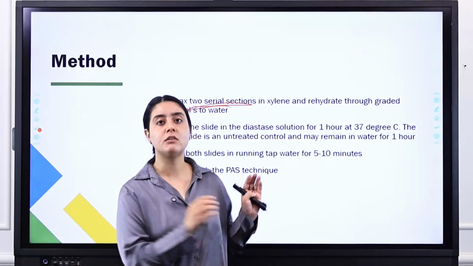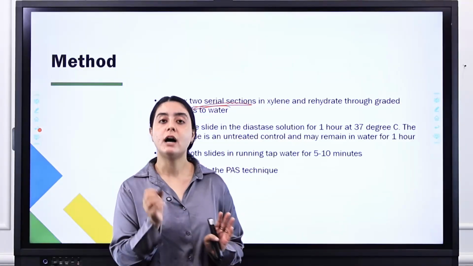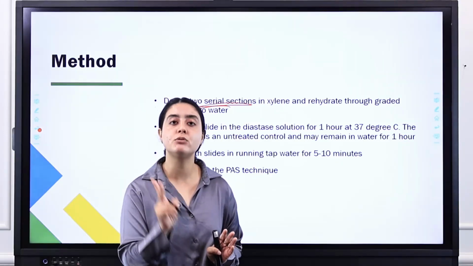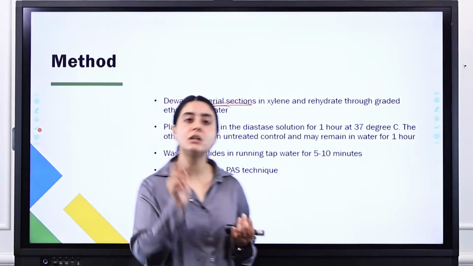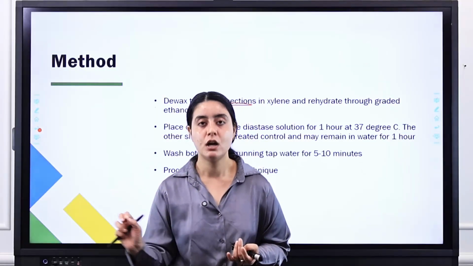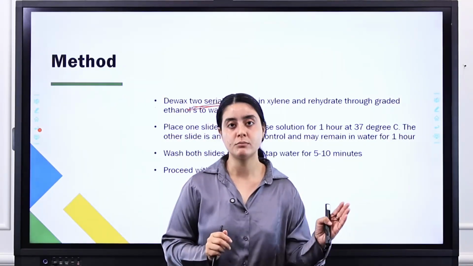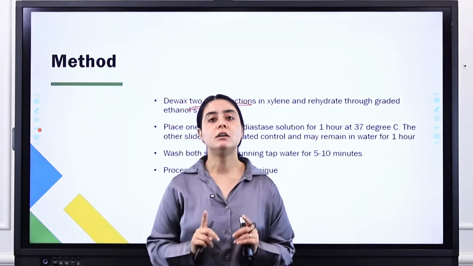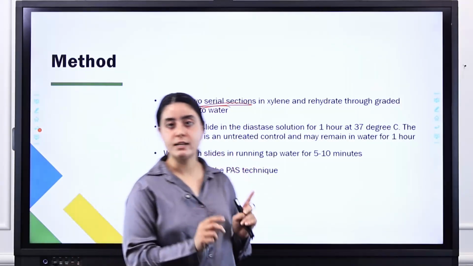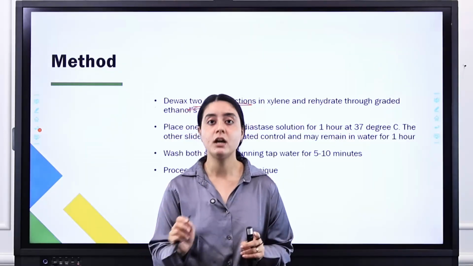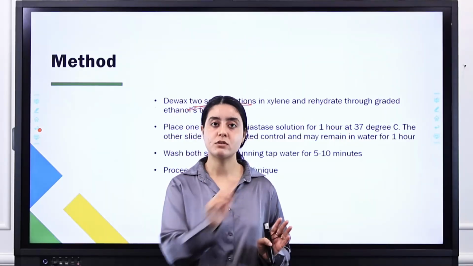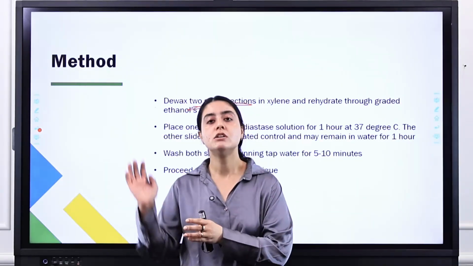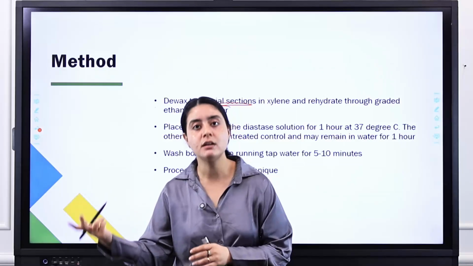So this is the basic of this step. We can read in further steps. Why have we taken two steps, or why do we combine this? Because all the materials take a purple magenta color. So we have to differentiate between the glycogen material and the non-glycogen material. So we have to take two steps and continue with the diastase digestion. The diastase will digest the glycogen. So you can easily identify: if there is a magenta color present, glycogen is present. If not, glycogen was there and it was digested by the diastase.